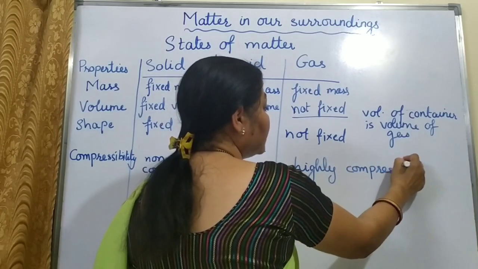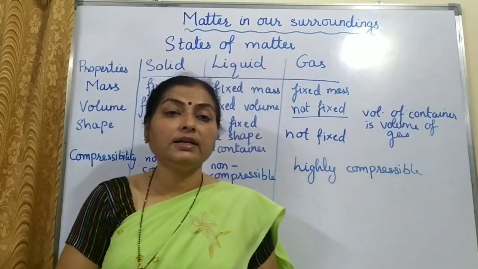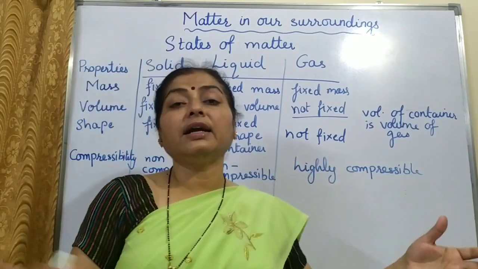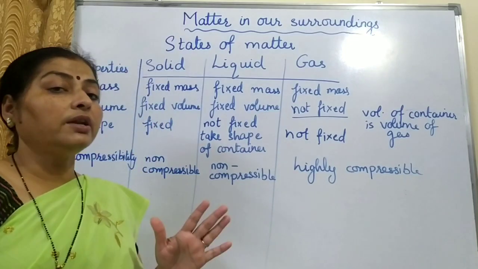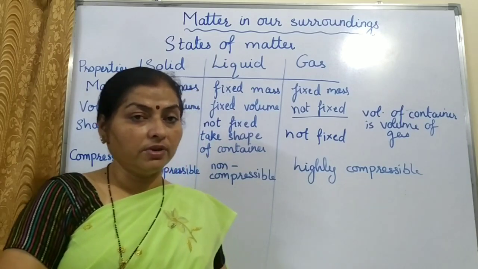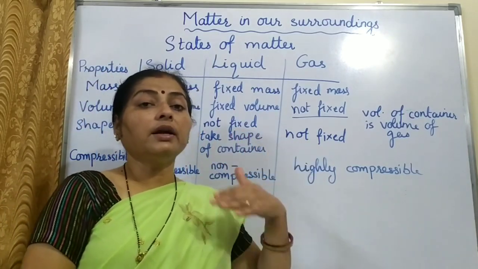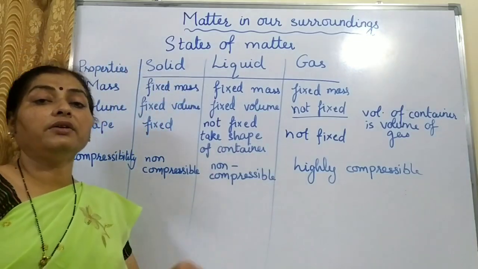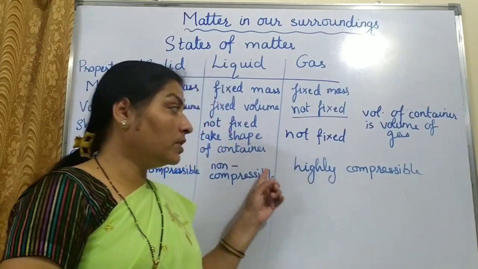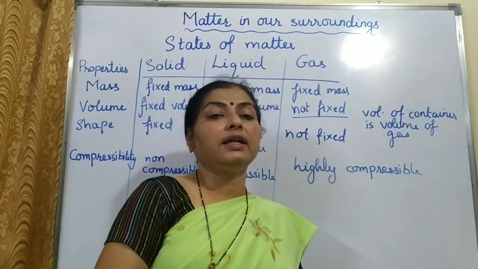You can compress gas much, and that is how we get our LPG cylinders and CNG cylinders, on the same concept, on the same understanding that gases can be highly compressed. You know, children, that one LPG cylinder is used for a month or more in your houses. So how is it possible that such a small container contains so much gas which can cook food till one month or so? In that LPG cylinder, the gas is highly compressed and filled in.